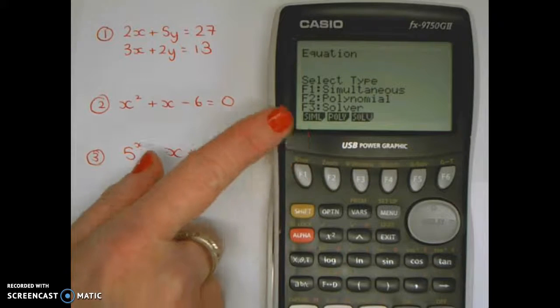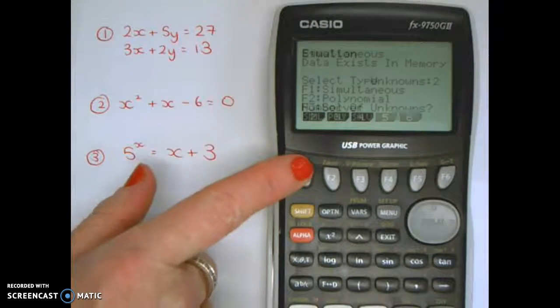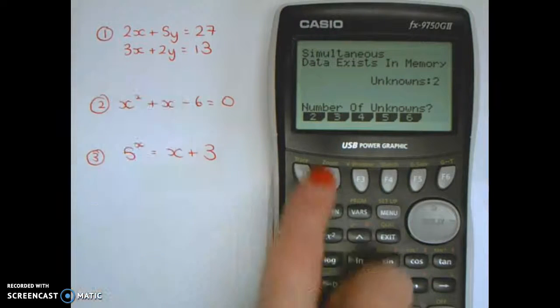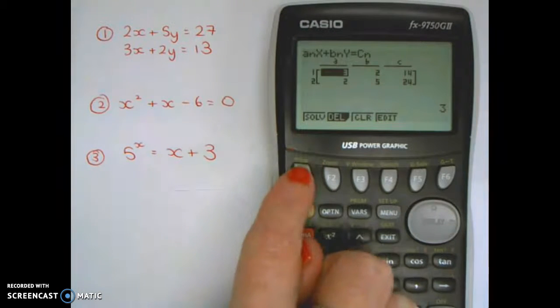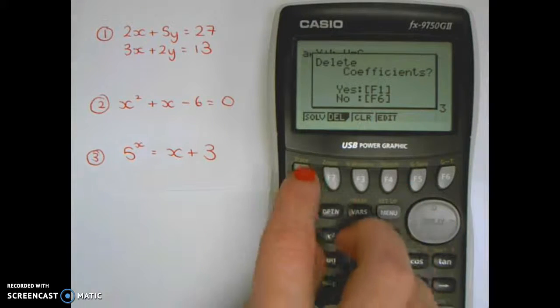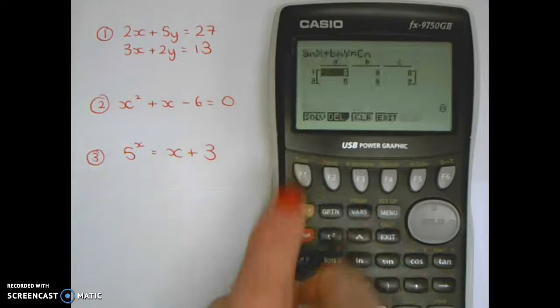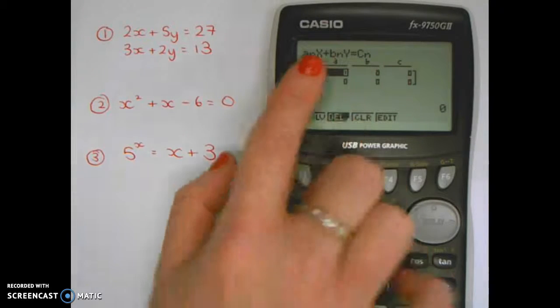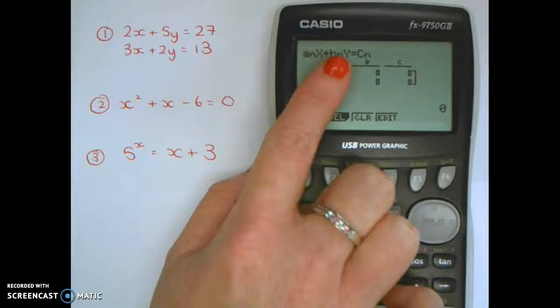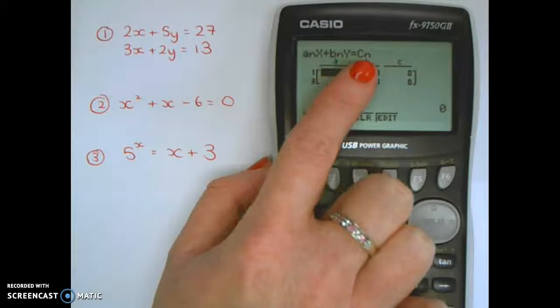So I'm going to in here do simultaneous F1. And then it says how many unknowns have I got? Well, I've got an x and a y, so I've got 2 unknowns. And then what we need to do is, let me just delete all of the values that are in. So then what we need to do is, you can see here, a is the value in front of the x, b is the value in front of the y, and whatever it equals to as your number is the